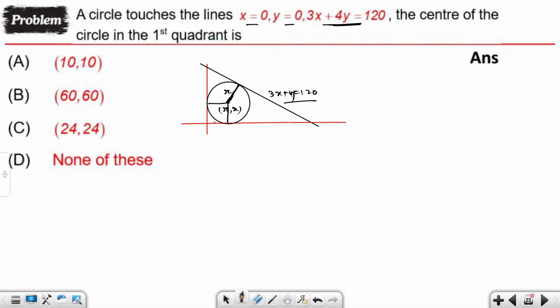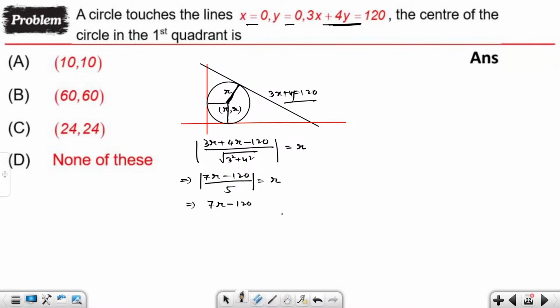So what is the perpendicular distance drawn from the center on the given line? Minus 120 divided by root over 3 square plus 4 square, which is equal to the radius of the circle. So from here we are getting modulus of 7r minus 120 divided by 5 is equal to r. Okay. So from here we are getting 7r minus 120,